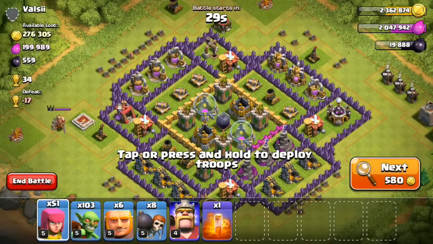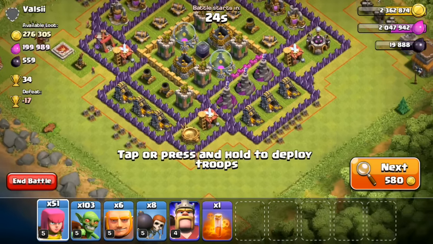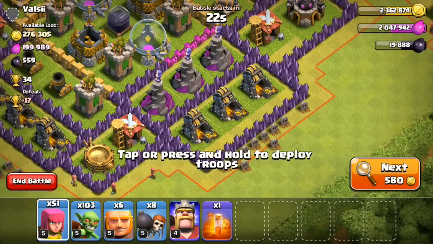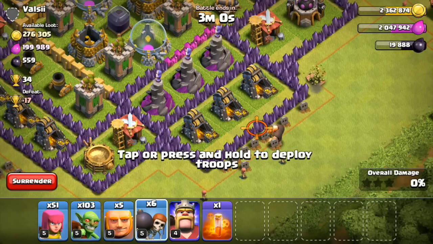So nice raid right there. We were able to disperse our troops across the base and get a ton of resources for ourselves. And as you can see, we're at 19,888 dark elixir going into this final raid. So we should be able to get our final bit of dark elixir here, as well as plenty of gold and